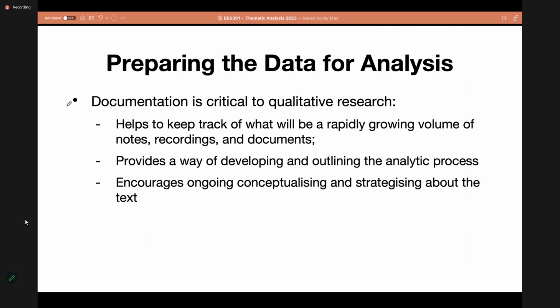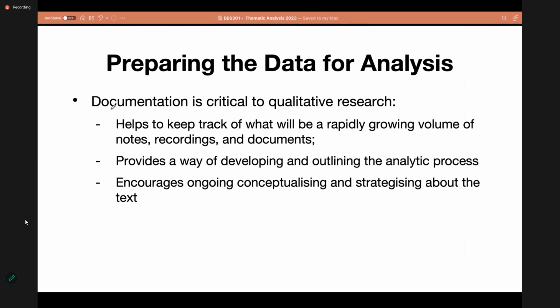During the data collection itself, you have to think about properly documenting everything in a qualitative research.